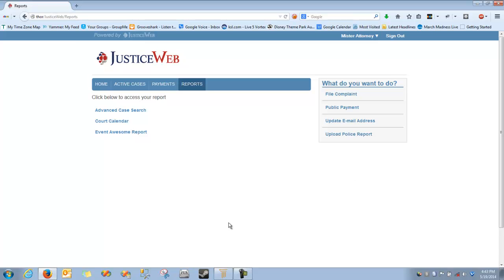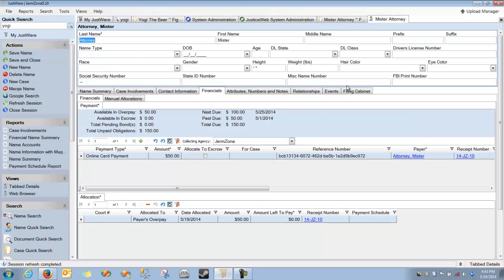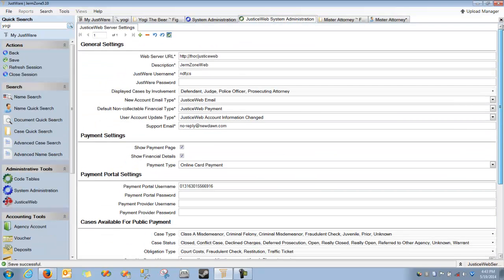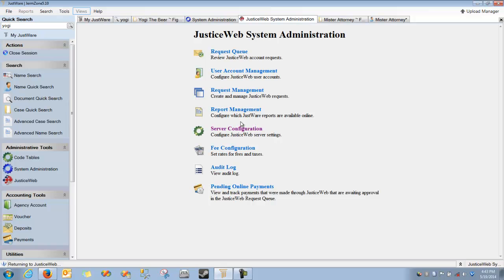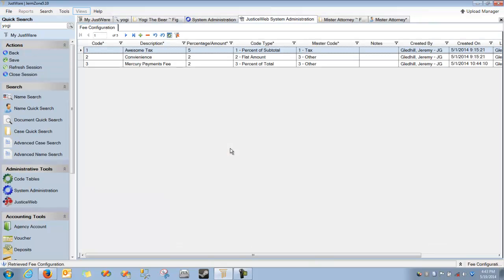Let's talk real quickly here about those fines and fees, and I think we discussed this a little bit in a previous JusticeWeb training. So let's go back to our JusticeWeb administration. We can come to our fee configuration, and this is where you can add additional fees. So I've actually created a couple different fees here. I've got an awesome tax, a convenient fee, and a Mercury Payments fee. So let's say that we wanted to tack on, if Mercury Payments is charging us a fee for the transaction, and let's say that it happens to be 2%, we can tack that on to our obligations or to our